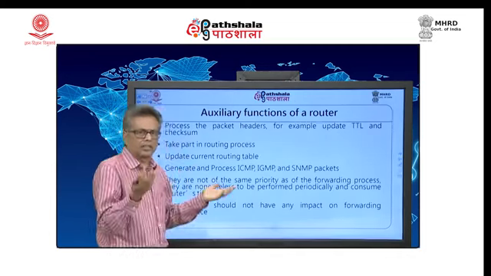Okay. One critical job a network layer should do is load balancing. For example, here are two paths, and you need to send traffic. So, you need to make sure that both paths are used in an equal fashion.